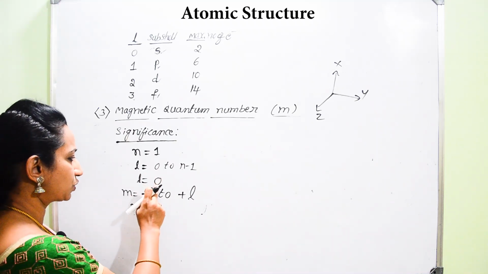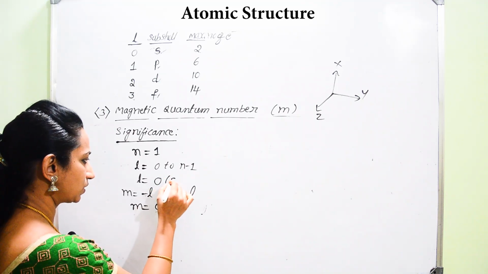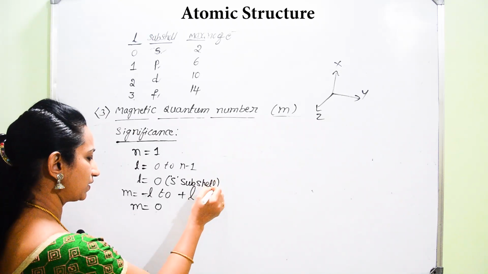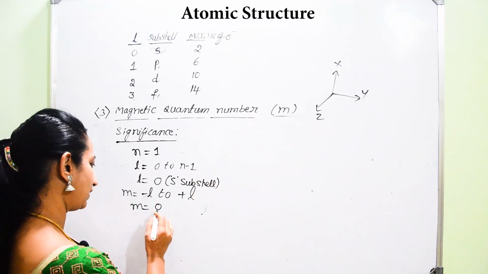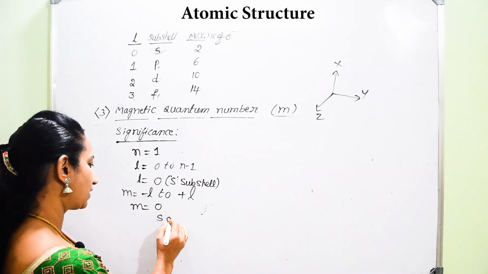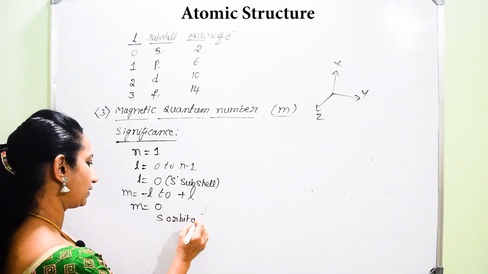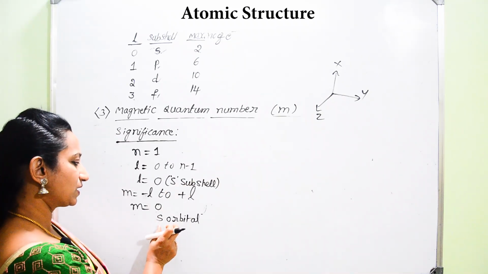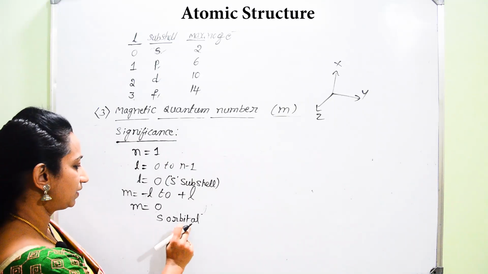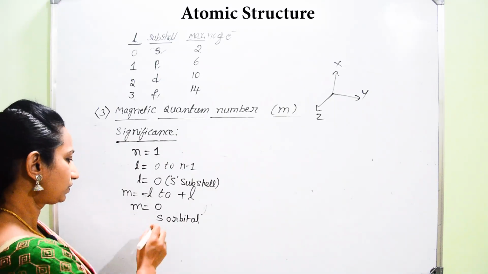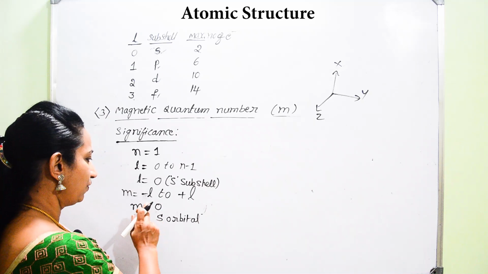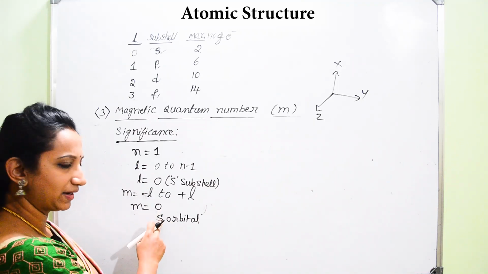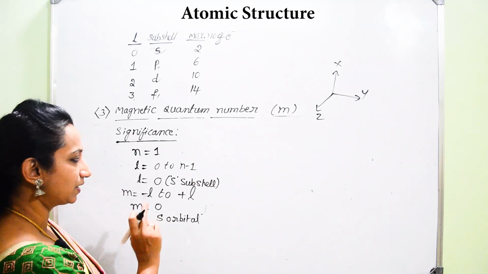For the given subshell, L is equal to 0 stands for which subshell? Yes, it is representing S subshell. In the S subshell, what is the number of orbitals? Only one orbital. That 0 representing which orbital? S orbital. Therefore, according to this formula, in subshell S, there is possibility for only one orbital, which is that orbital? S orbital. Therefore, here if you consider this, for the given L value 0, what is that M value? M value is again 0, that is representing S orbital.